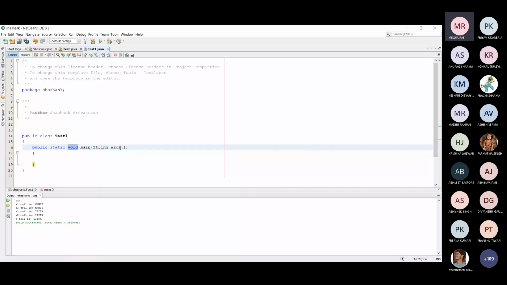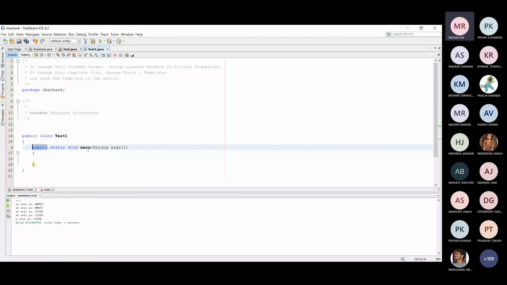Now, what is the significance of public? Why do we have to write the public keyword here? If I write public, this main method is accessible from outside the class, from anywhere.